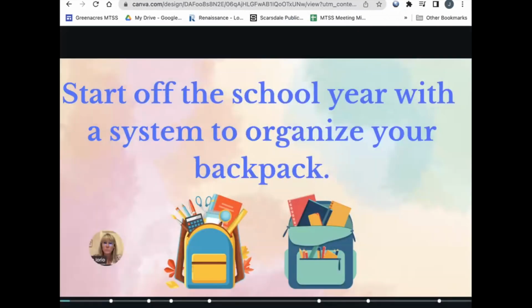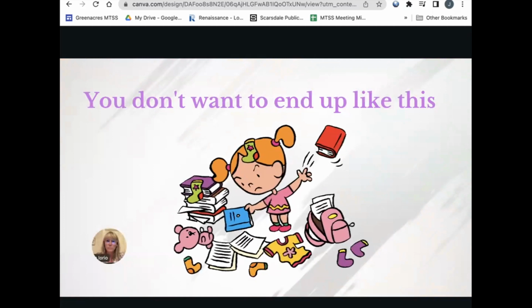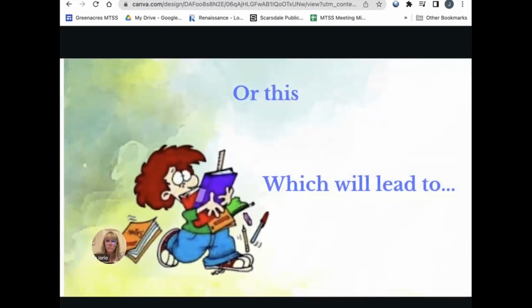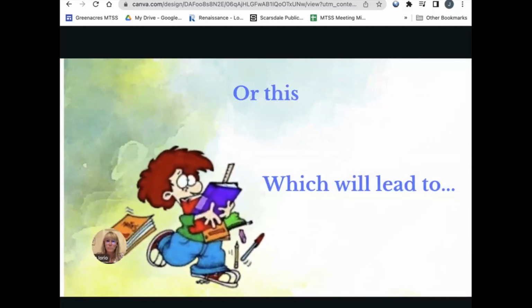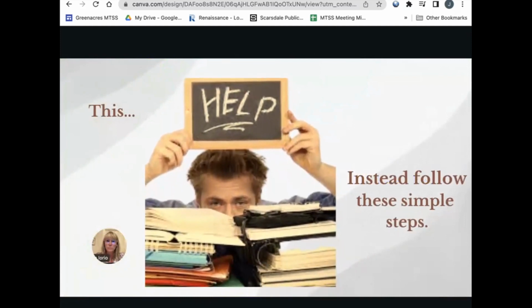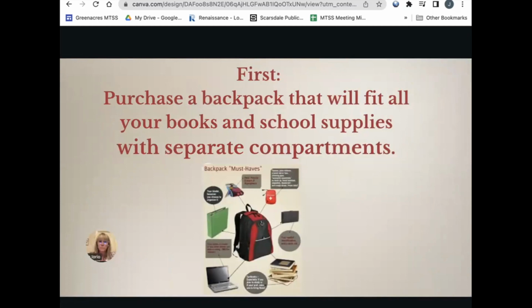Hey students, it's important to have an organized backpack with all your school books and your supplies. You have to have a system that you will use every day to keep yourself organized. Otherwise, you're going to end up like this, not knowing where those papers are that you have to turn in or you need to study for a test. You do not want to end up like this. This can only cause a great deal of frustration and disorganization, but instead, I have a few simple steps that you can follow. First, you have to have a backpack that has a number of different compartments. And it is important to assign each compartment to a particular supply. For instance, you